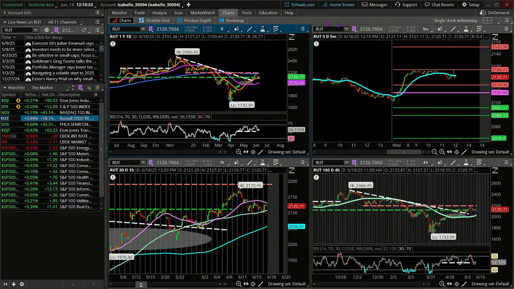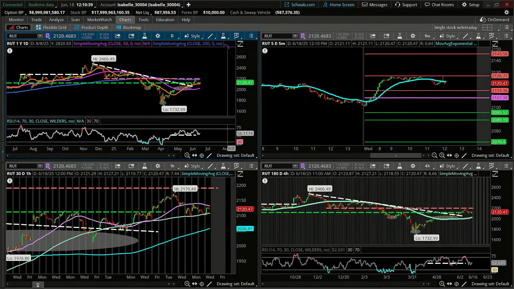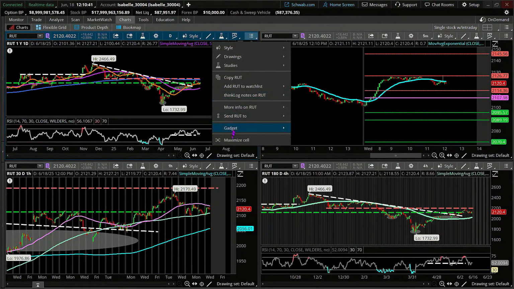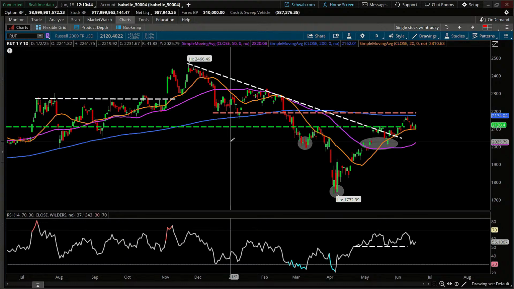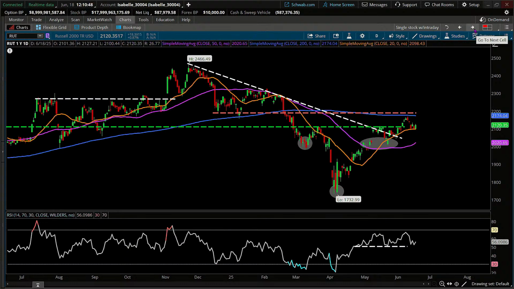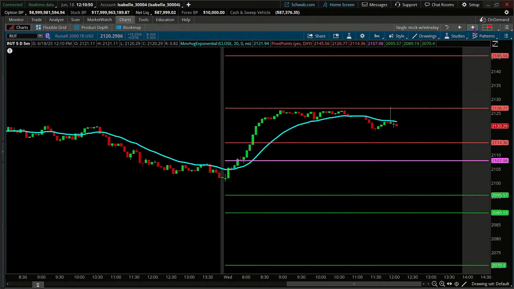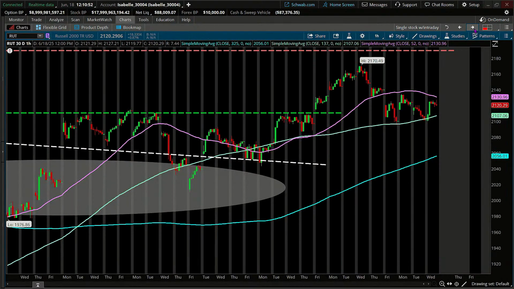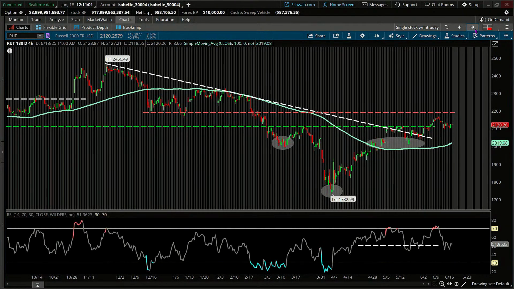So let me also remind you that anytime we're looking for more real estate, we just go into the actions menu, maximize cell. And now if I wish to navigate, I'm going to be using my arrows. So my arrows will take me to my 5-minute bar and now to my 1-hour bar. And again, notice here in red, it's giving me the box I'm working in, right? So I know which one I'm on. So that should help you understand where we are at any given moment.